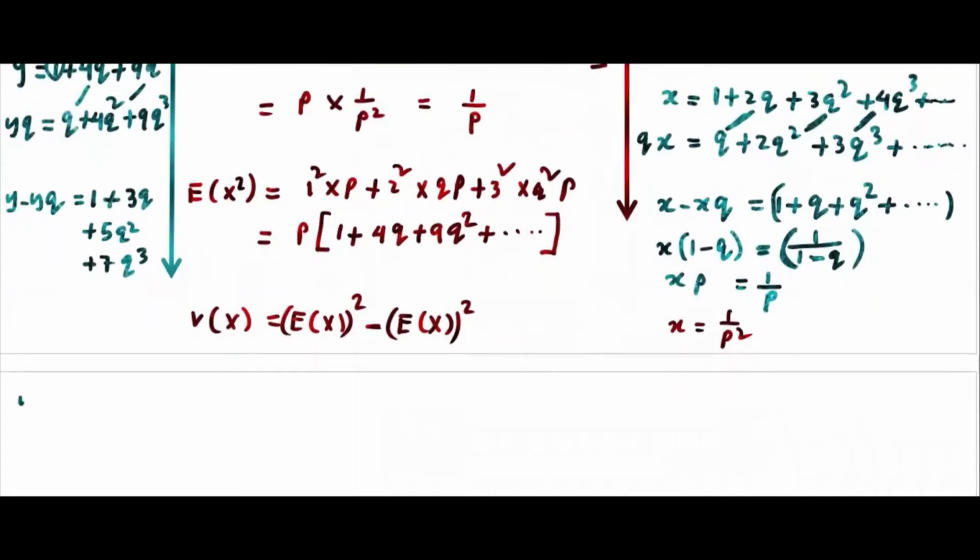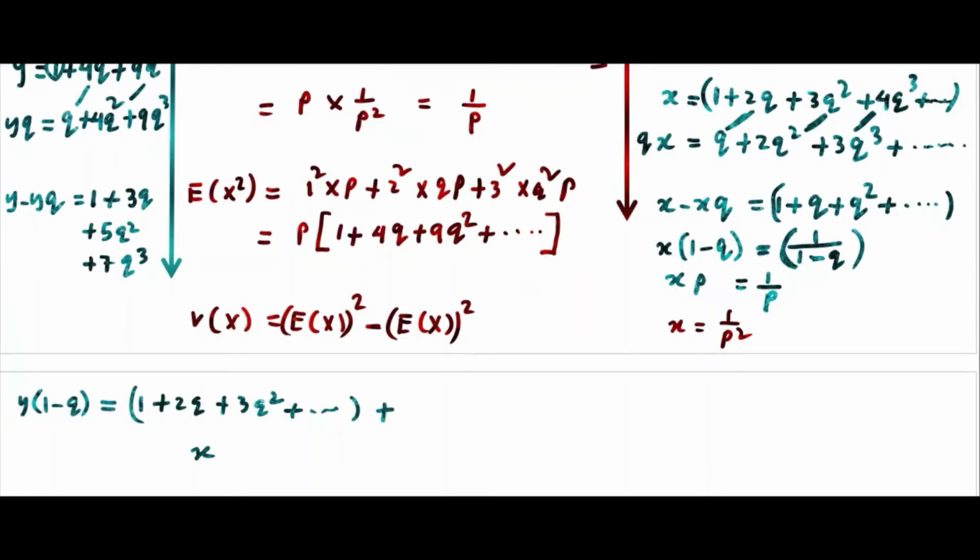We can take y common, 1 minus q, and this one also you need to divide, because we have already answered for this. X already you see on the right hand side, 1 plus 2q plus 3q square. Again, if you want, you can multiply by q and do that, but already we have the result. This is x we have. So you divide this way. 1 we have kept here, so nothing will be here.